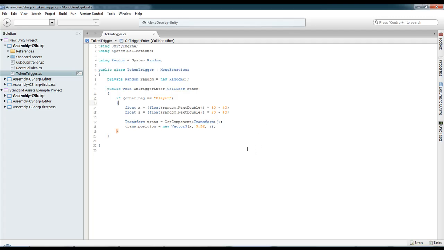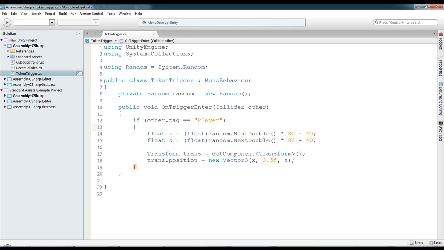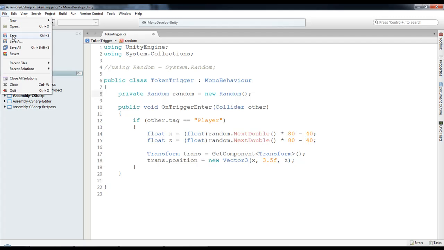It's pretty straightforward. The new thing is obviously going to be this random object. This is using the System Random, so we've all seen this using System namespace up top. The problem is that UnityEngine has its own Random called the exact same thing. So if I were to leave this off, what's going to happen is when I save it,